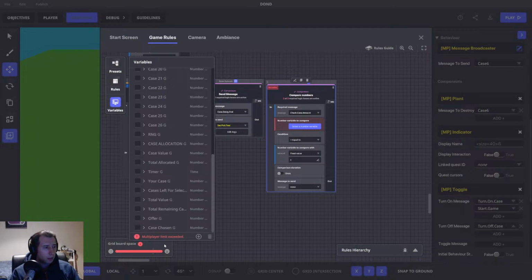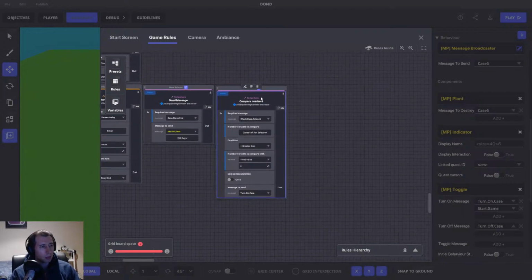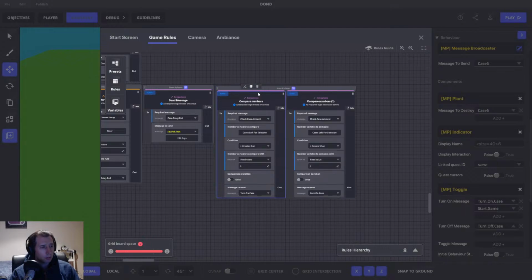and if cases left for selection is greater than 0, we're going to turn on case. We're going to duplicate this, and if it is less than or equal to 0, we're going to go to offer stage. So this is where we're going to be giving the player an offer,